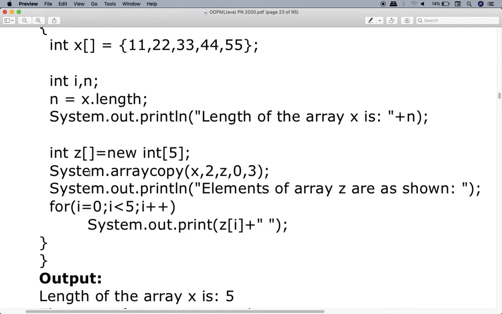Now in Java there is a class called System, and inside System there is a method, a function called arraycopy. So when you write System dot arraycopy, the dot over here means of. So it means there is a method arraycopy of System. Now what will this method arraycopy do? The name itself tells you what it will do. It will copy elements of one array into another. I repeat, it will copy elements of one array into another.